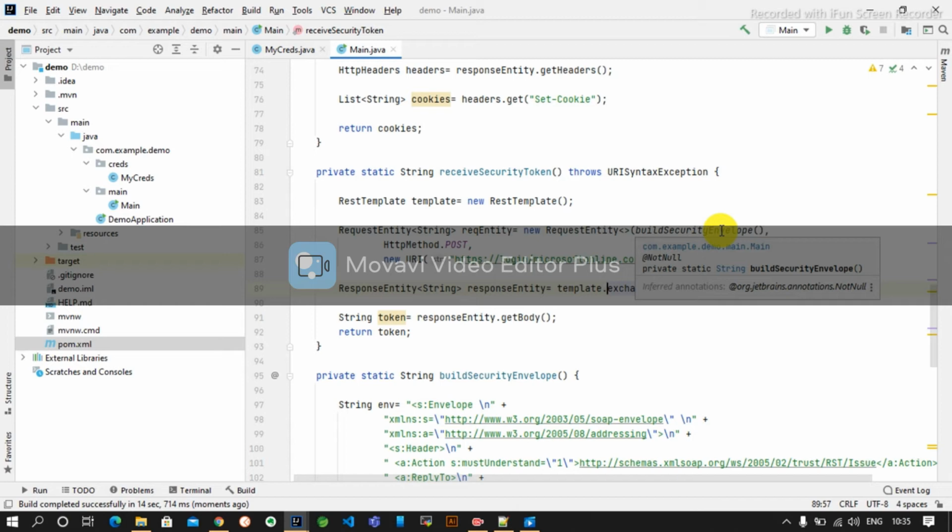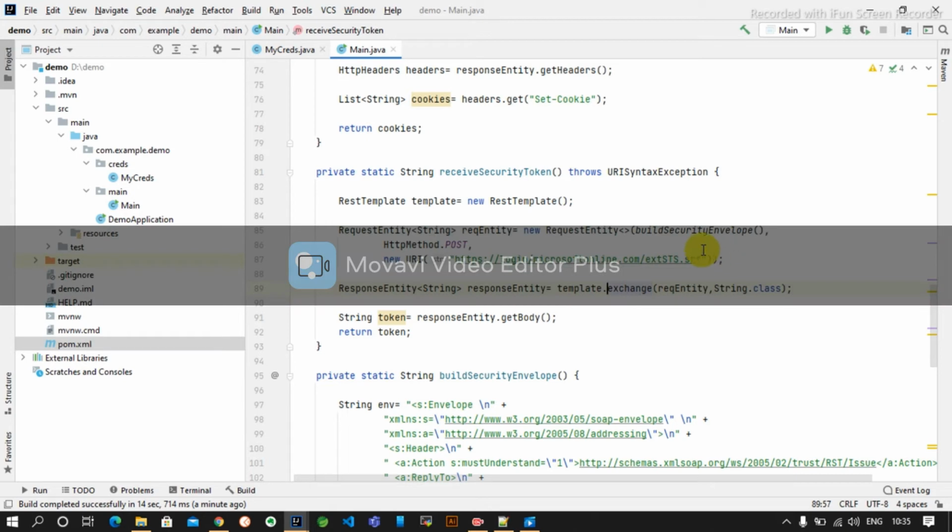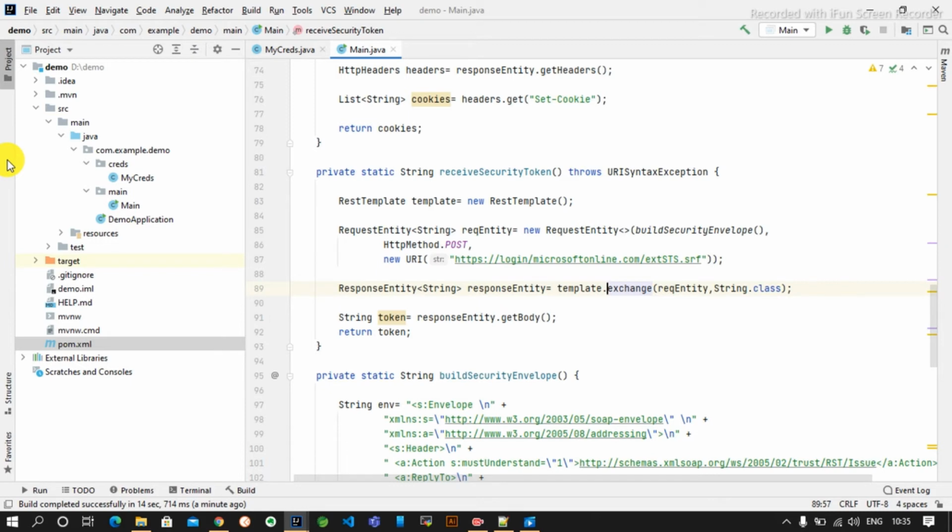So if we go to https microsoftonline.com exts.srf. Yeah, it is correct only. Request entity. Okay, understood.